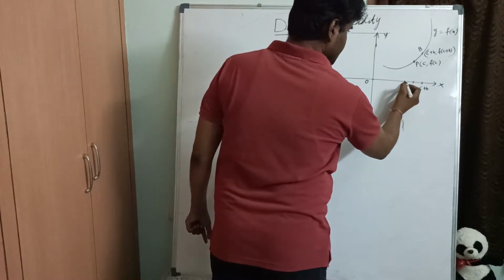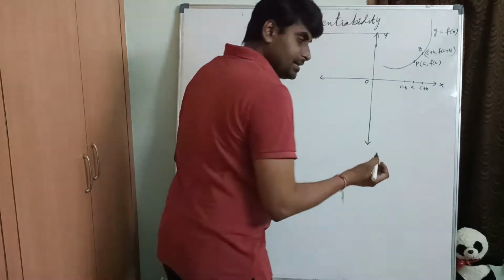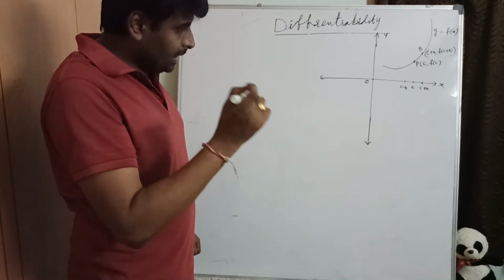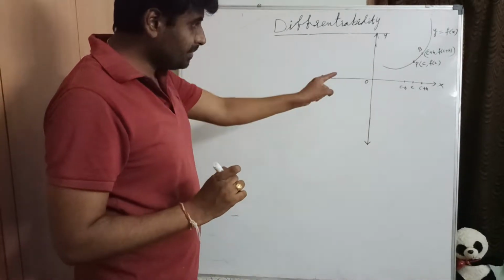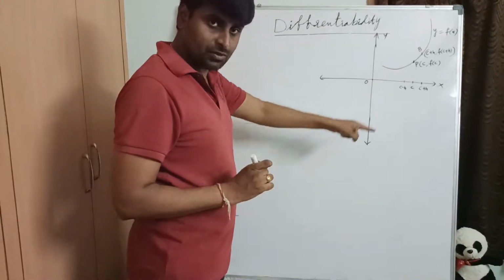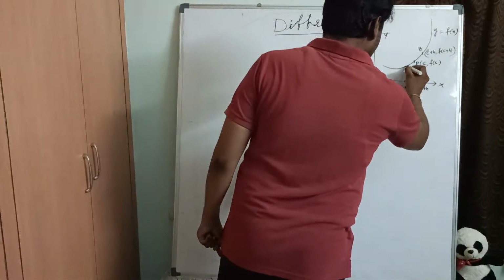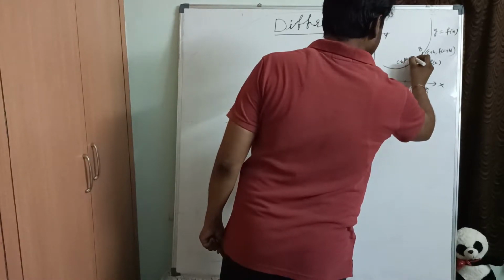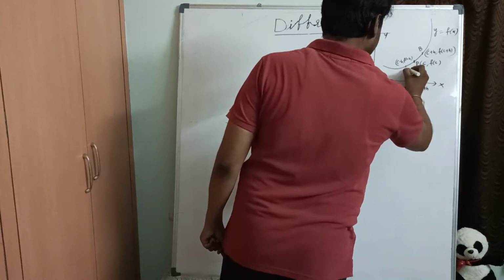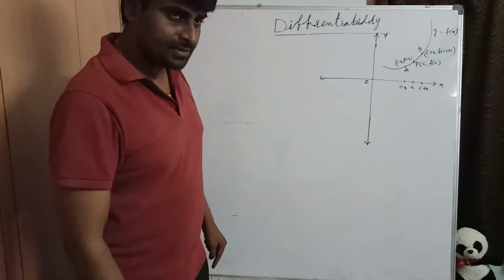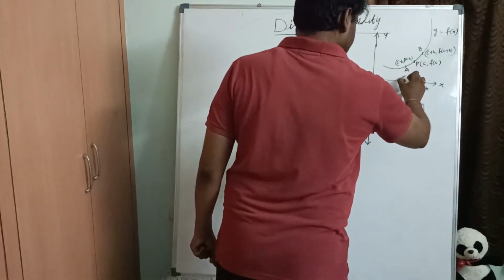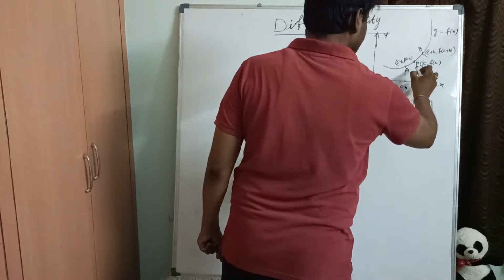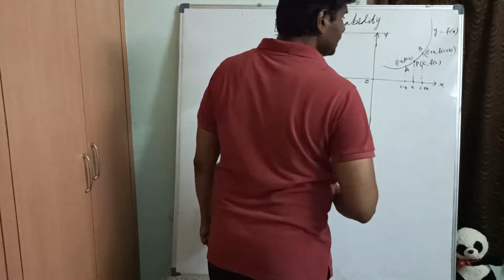Now, in the same way, let me take some quantity behind c, some quantity h less than c, that is c minus h. Let me take the image of c minus h also on the same curve. How can I take that point? C minus h comma f of c minus h. That is the point A, correct? So let me explain once again. This is the image for LHD. This is the image for RHD. This is the point P.